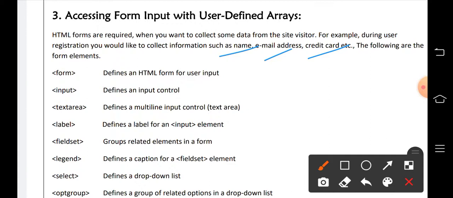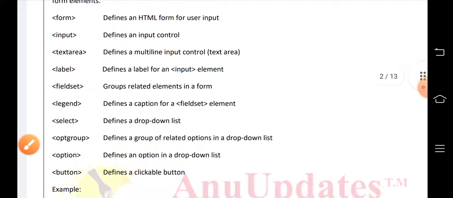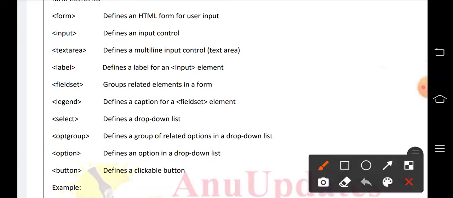For that, you have to design some form elements, and the following are the form elements. The form tag is used to create a form. The input tag is used to take inputs like labels, text boxes, check boxes, radio buttons, etc. Then textarea is used to enter the text where we are going to enter our data.